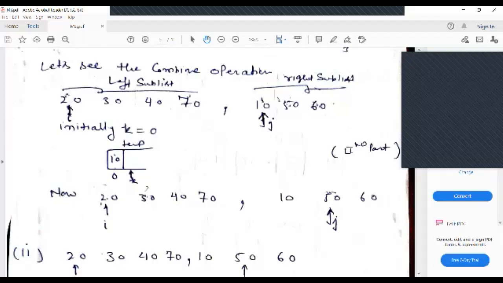तो कंबाइन में, as I discussed, i और j has been initialized. i is initialized with the low value of the left sublist and j is initialized with the low value of the right sublist, that is mid plus 1. यही तो है, मैंने यहाँ पे लिखा है i और j पॉइंटर को. ठीक है, and k has been initialized with the low value, again 0, है ना, that is i. k is initialized to i.